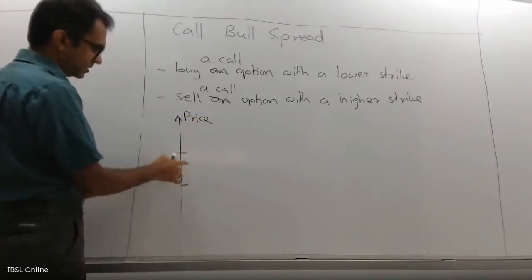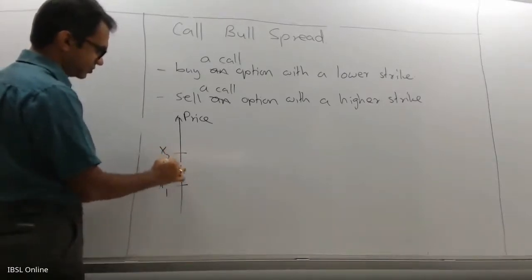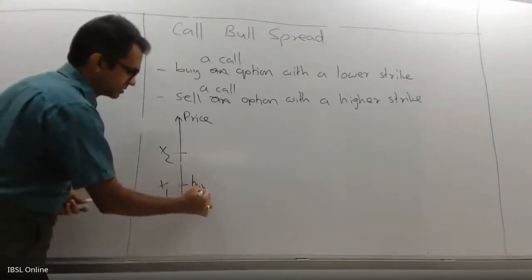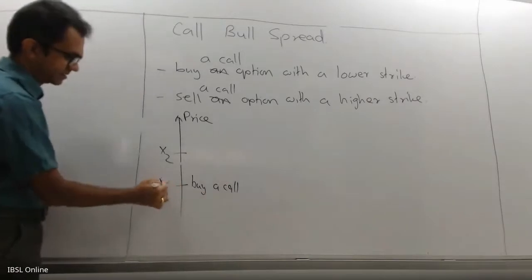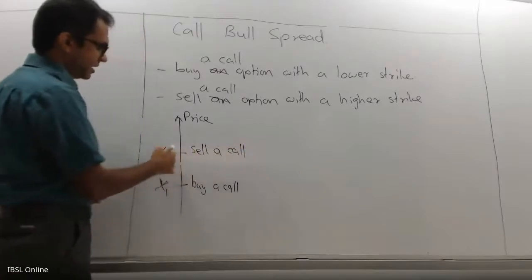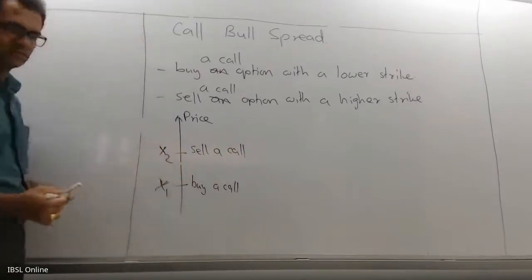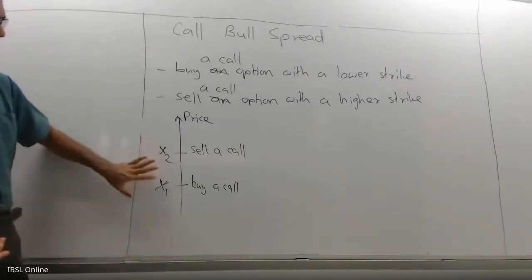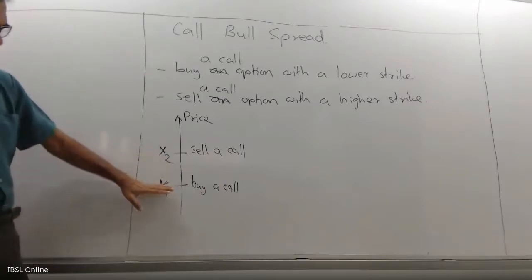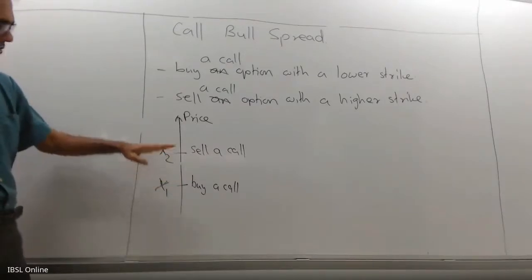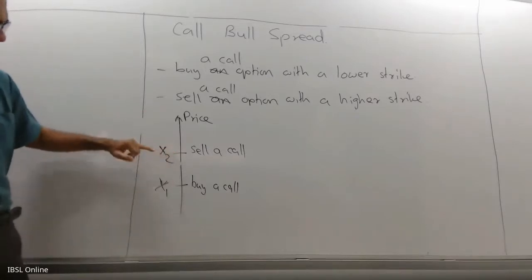Two different strike prices, X1 and X2. You buy a call at this strike price and sell a call at this strike price. This is what you do. You buy a call option at the lower strike. Simultaneously, you sell a call option on the same underlying with the same maturity or the same expiry at a